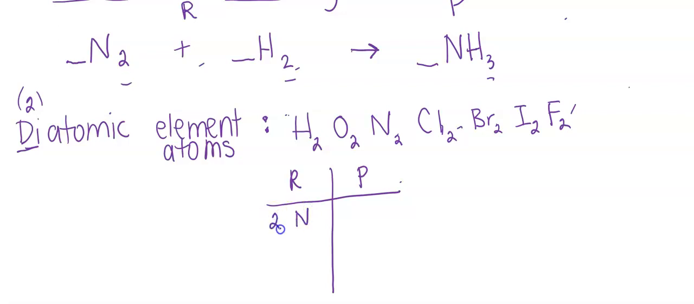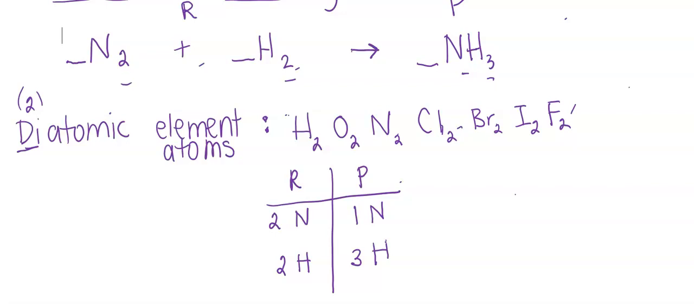I have 2 nitrogen atoms on the reactant side. I have 2 hydrogen atoms on the reactant side. On the product side, I have 1 nitrogen atom. I don't have a value there, so that's denoting a 1. And I have 3 hydrogen atoms. Okay, I've separated them out so I can clearly see that I am not balanced in nitrogen and I'm not